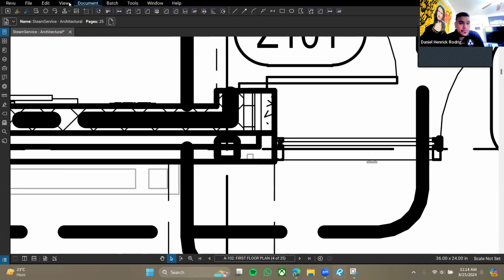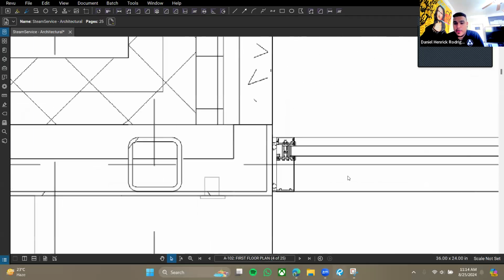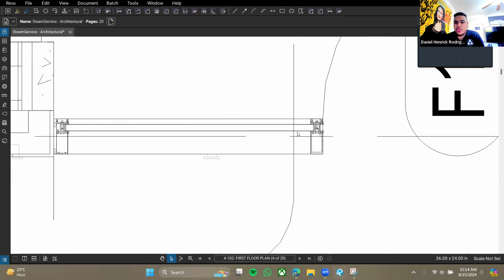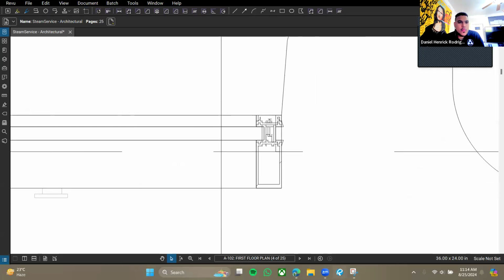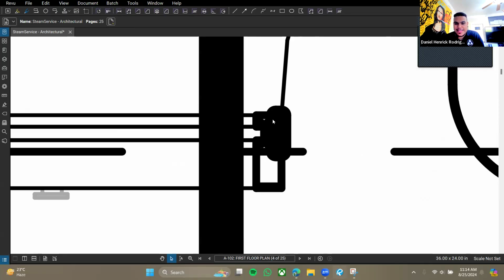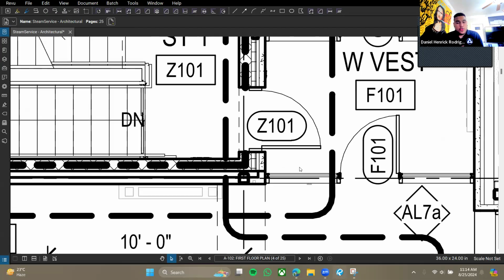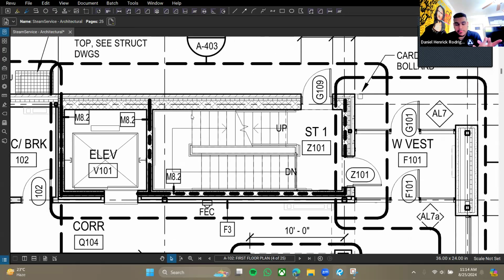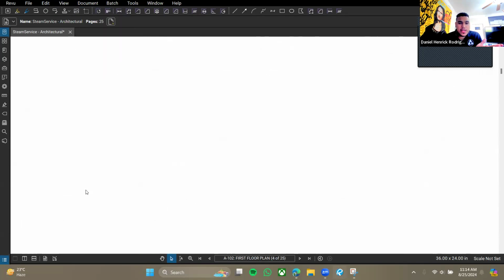So we're just going to go to view, and we're going to disable line weights, and you're going to see such a difference. Now you can see the brackets within this door perfectly, and the way that this looks when you have the line weights enabled, I mean, you can't see anything there, right? So it is at your discretion. You can use whatever mode you want. You can switch between them when you need something, which is mostly recommended. But I will say this, if you keep them always disabled, which I do,